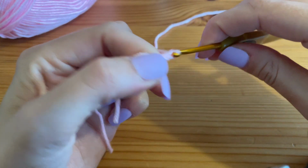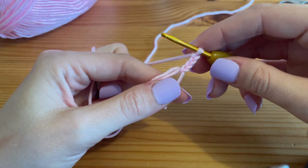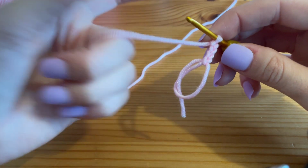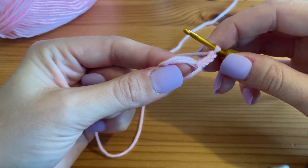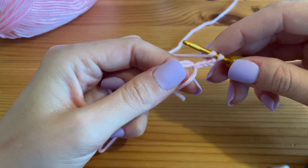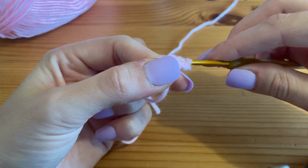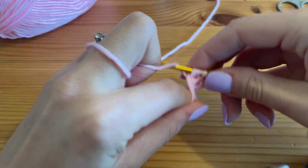1, 2 and 3. I'm going to be explaining this in US terms, so we're now going to be double crocheting 14 into this magic ring. So we're going to be creating 14 double crochets into the magic ring. That would be a treble crochet in UK terms. Okay, so that's 1,